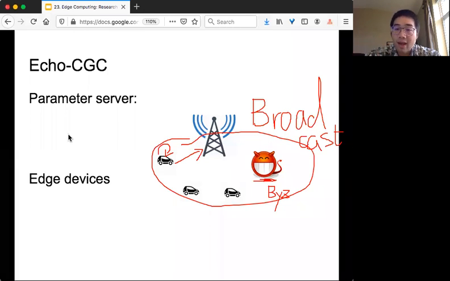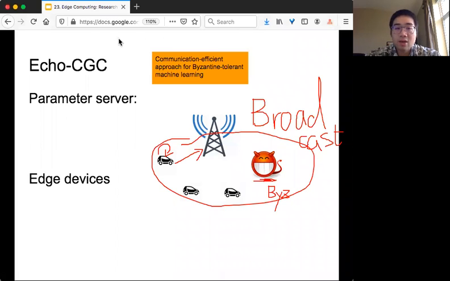We need an algorithm to figure out who the bad guys are and minimize their impact. The new angle that we propose is to utilize the broadcast feature to design a communication efficient approach to target Byzantine failure. We also formally prove that our algorithm can converge to the optimal point. More importantly, we analytically show that our solution is more efficient in terms of communication complexity than previous solutions.